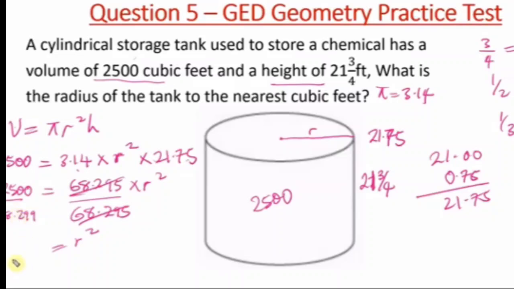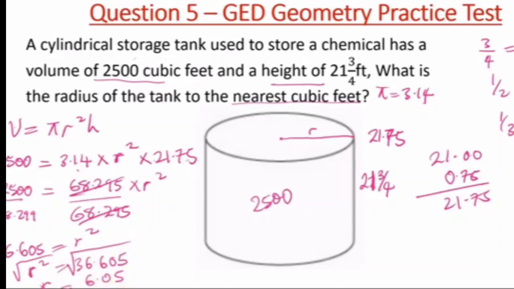This divided by this would give us, punching your calculator, there will always be a calculator on your dashboard. For questions like this, a calculator will be allowed. So r squared is equal to 36.60, and it says to the nearest foot, so we're going to approximate very soon. To get just r alone, we have to square root this, and when you square root one side, you have to find the square root of the other side, and the square root of this is